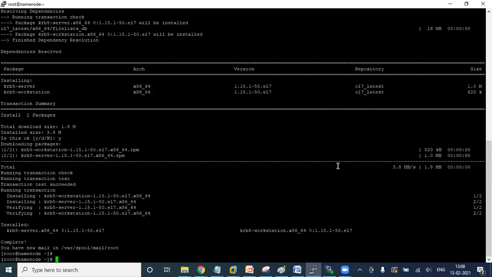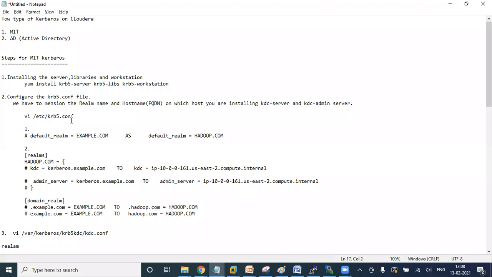Here I have installed library, workstation, and server. Now we're going to update the Kerberos configuration files.